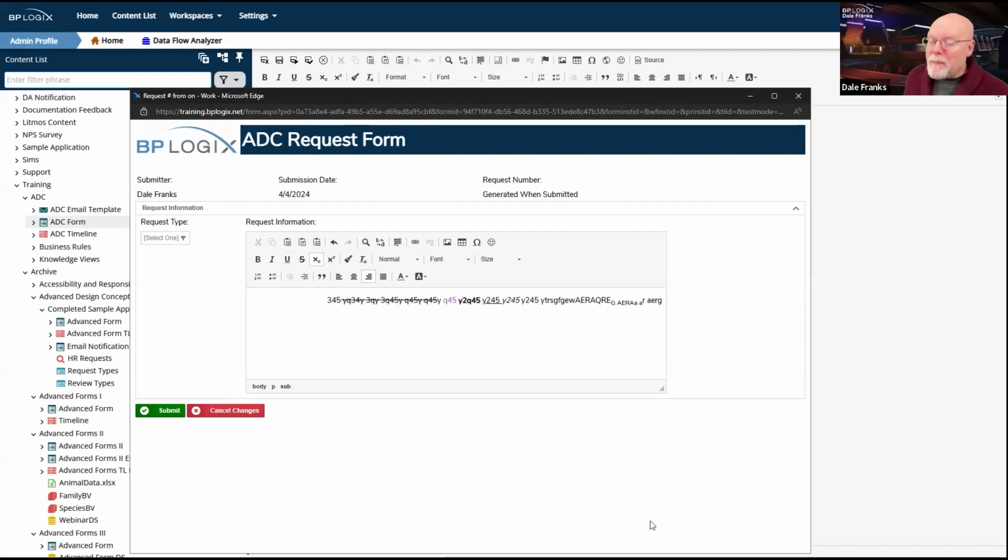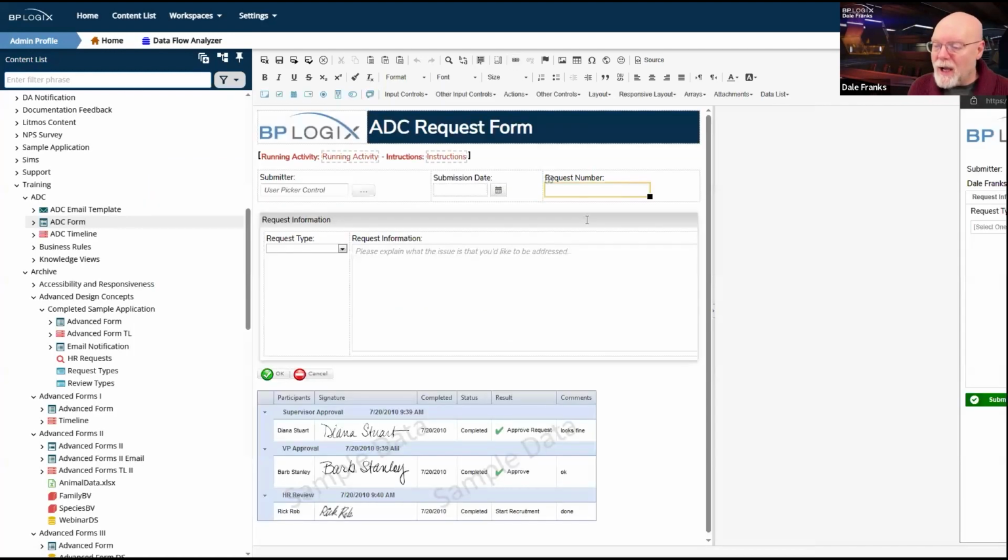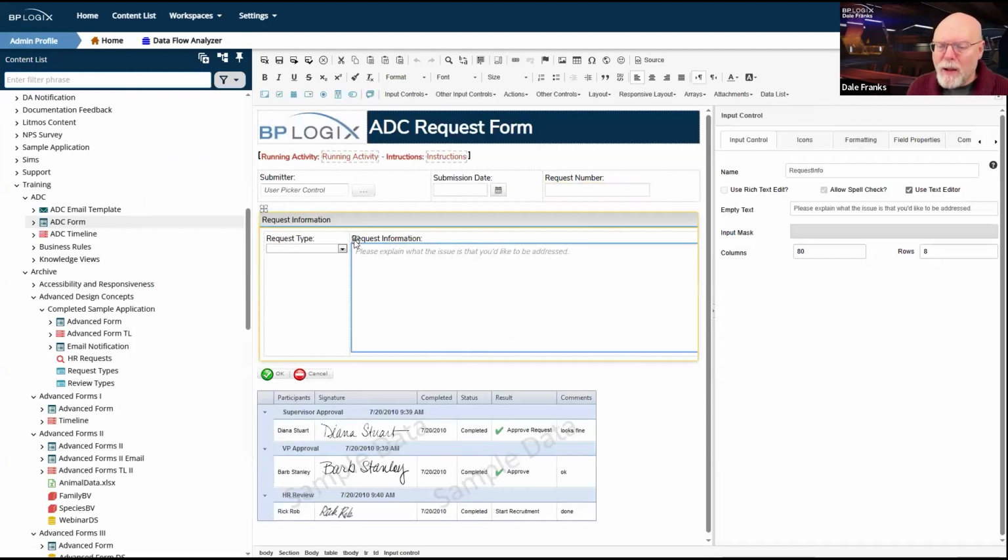So if there are any plans for just being able to pull the value of this field via system variable, you're going to get HTML. You're going to get plain raw HTML because that's how this data is stored. By the way, this is how the product worked with the previous iteration of this control, which was the rich text editor.